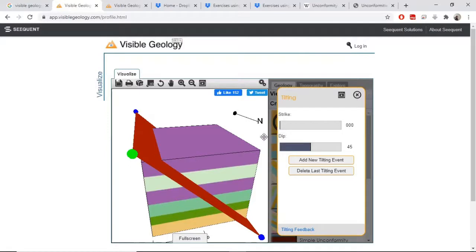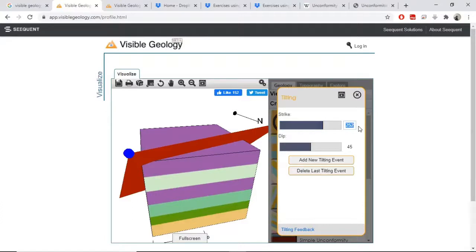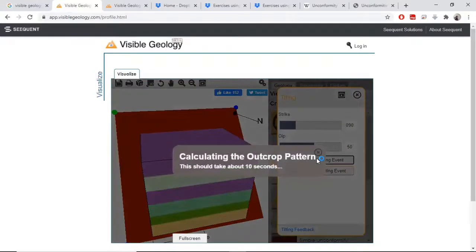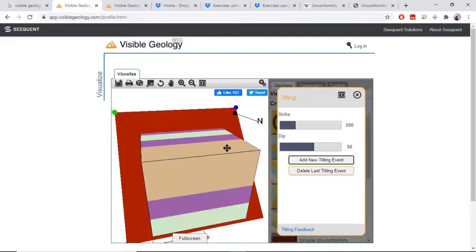Let us choose a strike and dip value here. Let us consider strike to be 90 degrees and dip to be 50 degrees, and then add a new event by clicking on add new tilting event.